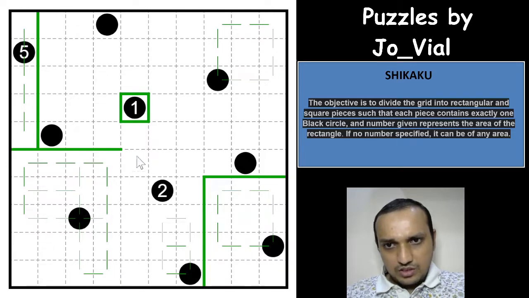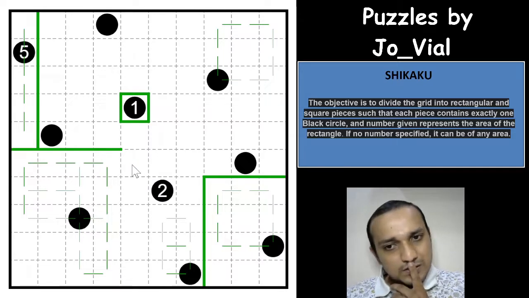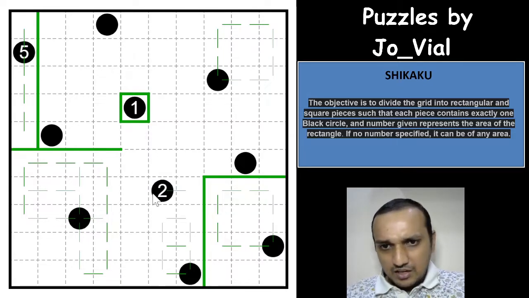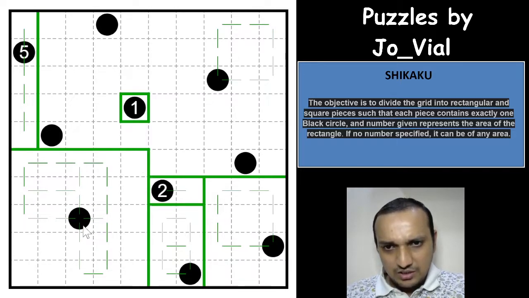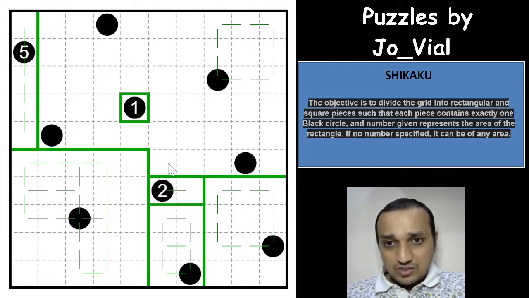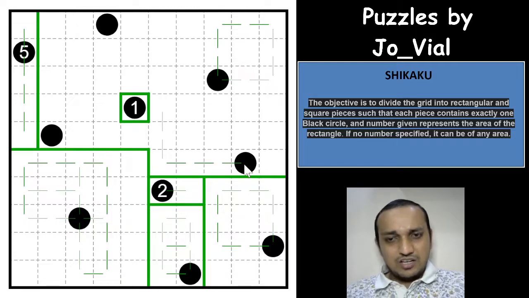What about this area now? No, okay, that is possible still. This area can be taken by 2 only. So 2 is done now, which means this cell will be taken by this circle. This is done. Now this cell can only be taken by this circle, which means it has to take this cell now. So this circle can either be this cell or this cell.